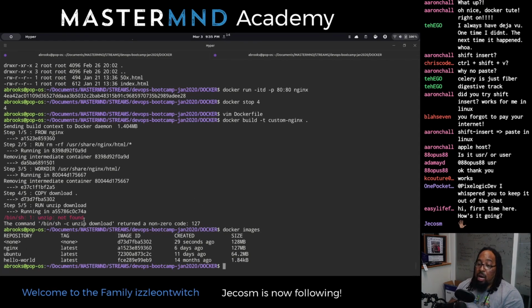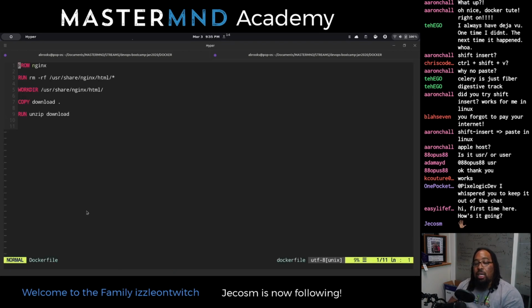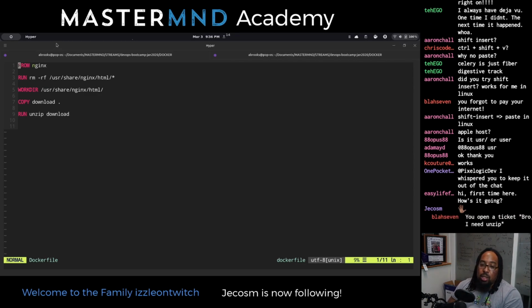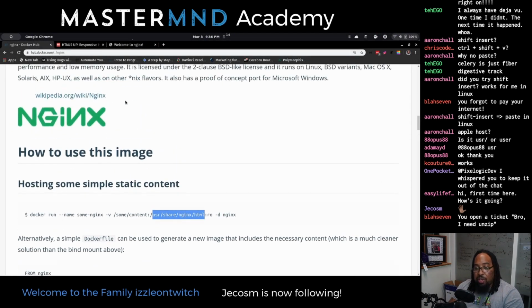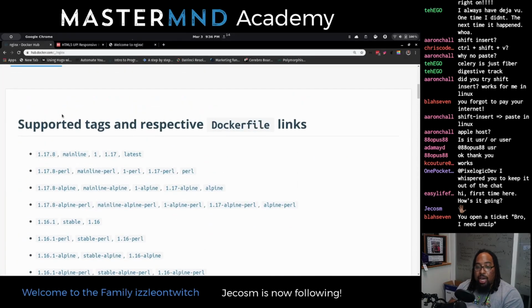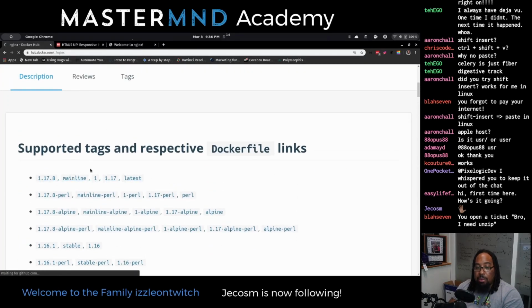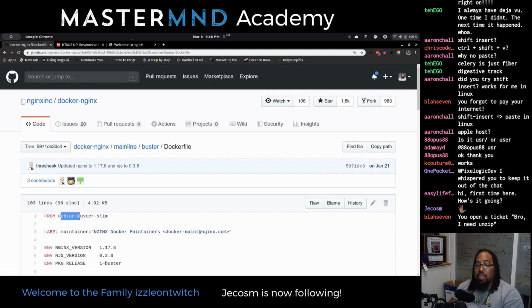So unzip not there. So what can we do? Let's go ahead and see if we can fix that problem. How do you install things? So this might be another thing that you want to check. You might want to see, I have no idea what the Nginx container is using, I don't know what it's built off of, I don't know which package manager is available to us. So again, this is an extra step. You either have to go look at the Docker file to determine what it's based off of. So it's based off of Debian.